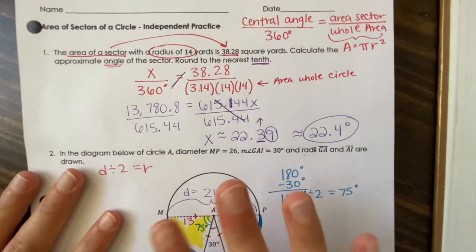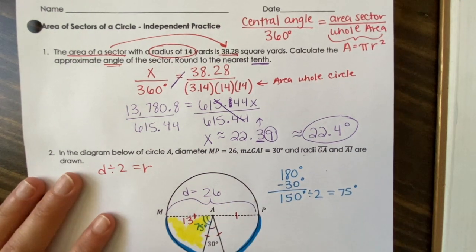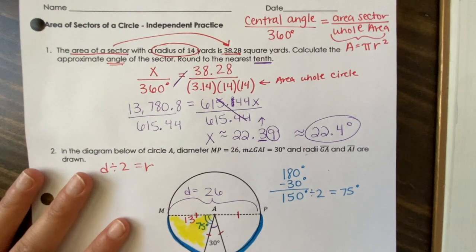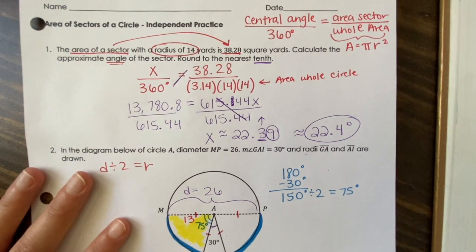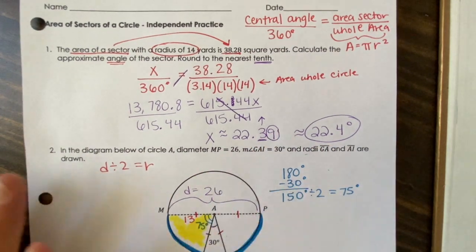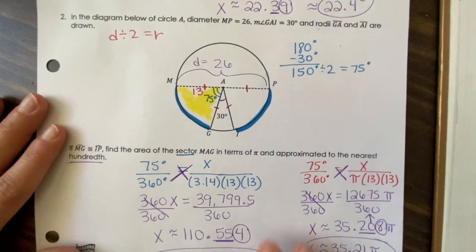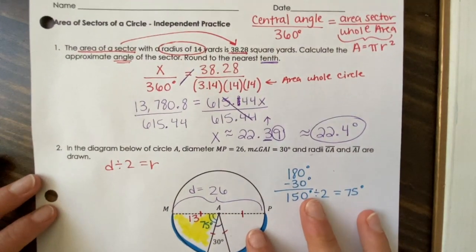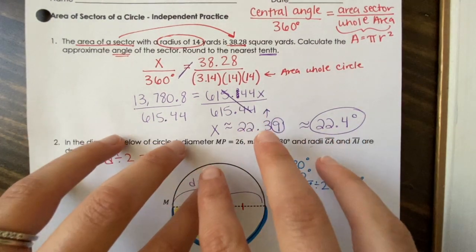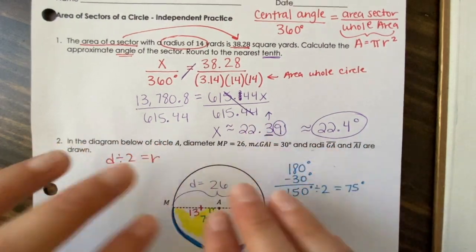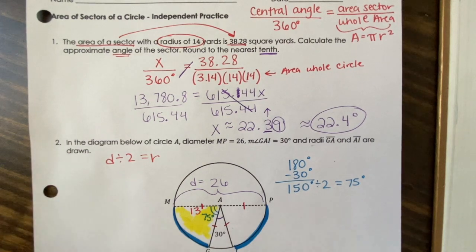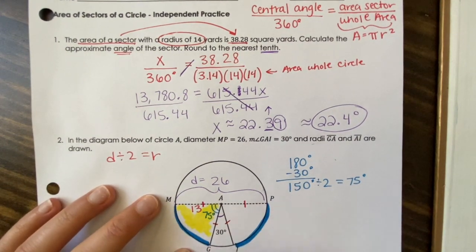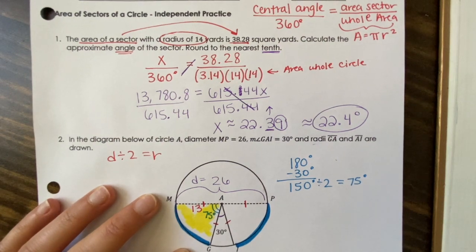All right, so it's the same exact concept as you did on the notes and practice worksheet. Obviously, those were very simple, very straightforward problems. You were doing the same thing every time. These you're going to be solving for different parts, or like in number 2, it may ask you to do something slightly different. Remember, these are the 2 problems we're doing together here, and your next assignment is going to be the rest of the independent practice that you would normally have. I just split it up into a different assignment, because I thought